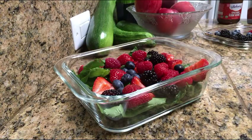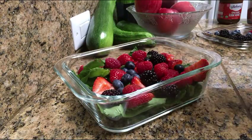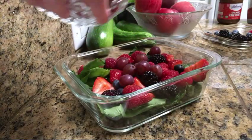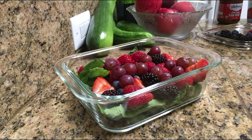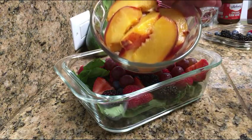Then also we have red grapes. Red grapes have a lot of nutritional value. And like I said, Google the nutritional value of everything that I'm putting in this salad, and you will see that it is highly nutritious. So let's see, next what I'm going to add is, this is